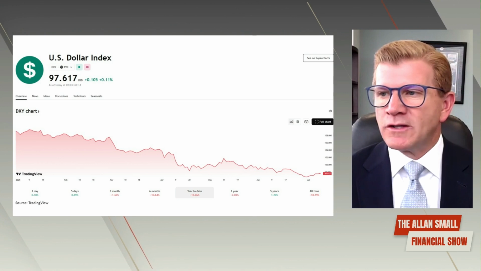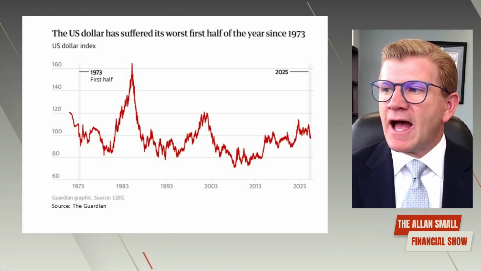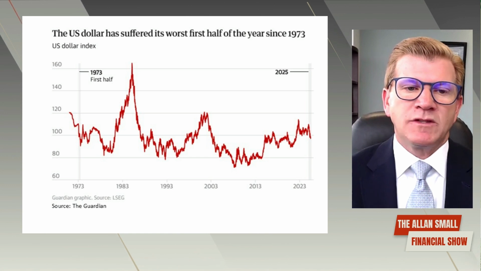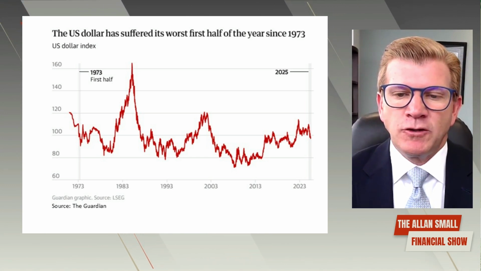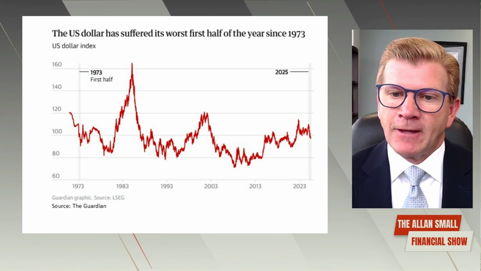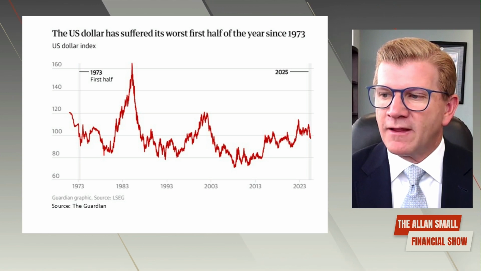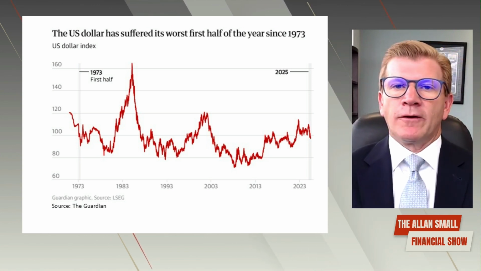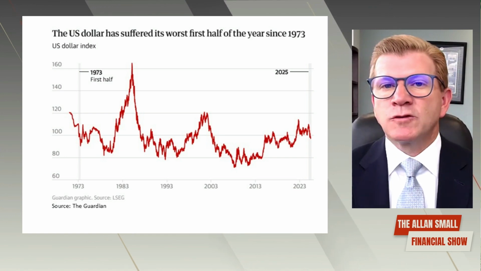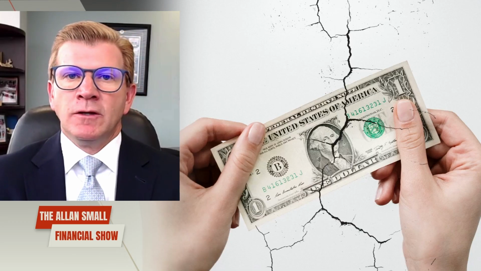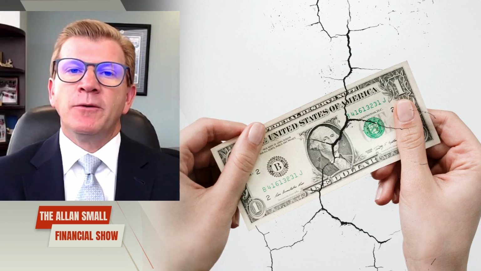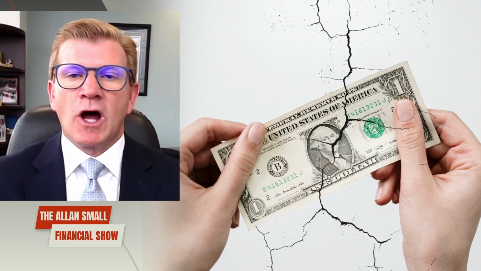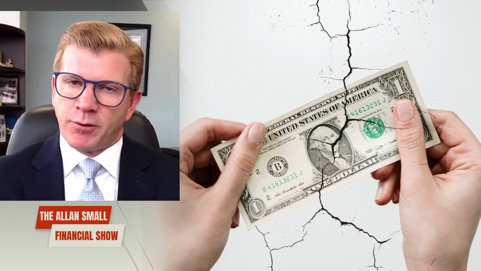Our next chart: the US dollar has suffered its worst first half of the year since 1973. There it is there. And that's why we say in about 50 years. And you can see the chart not doing so well. The bottom of the right-hand side of that chart is definitely falling. So we need to keep an eye on the US dollar. One of the main reasons why gold has done as well as it has: when the US dollar is losing its value around the world, gold is something that benefits. Gold is priced in US dollars. Oil benefits a little bit, priced in US dollars.